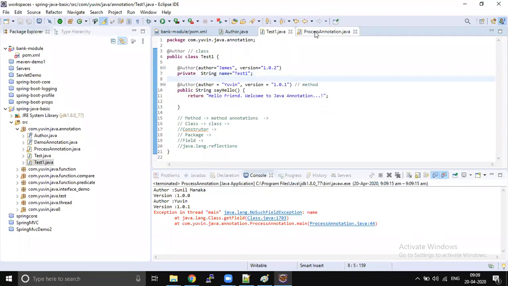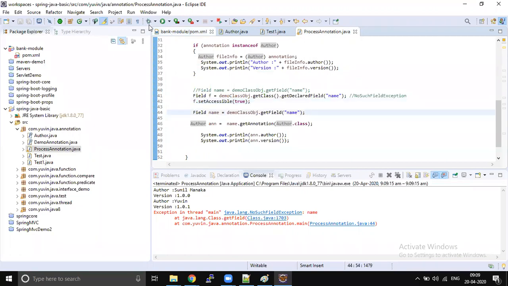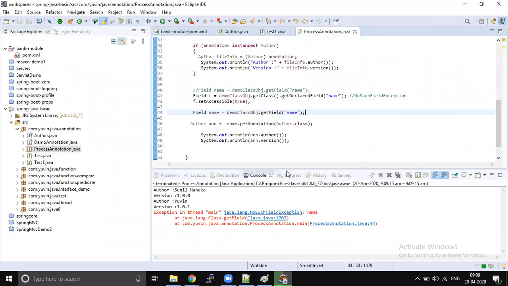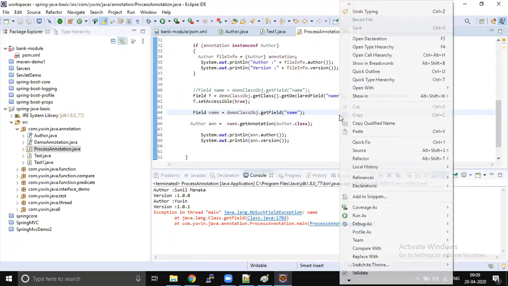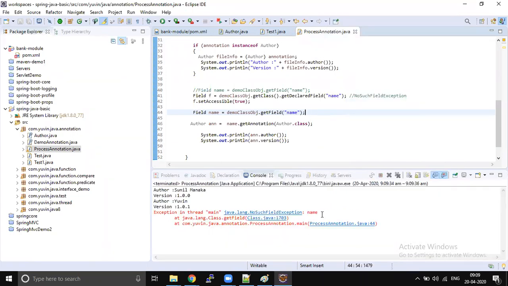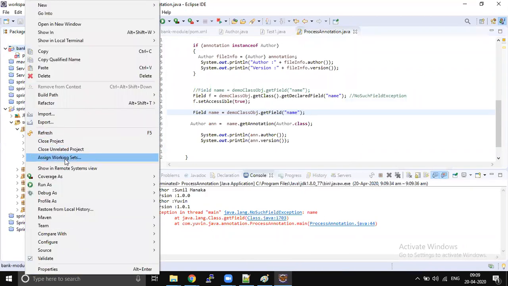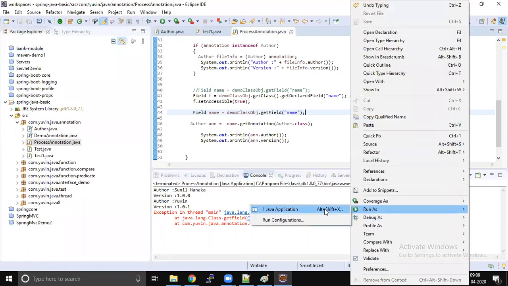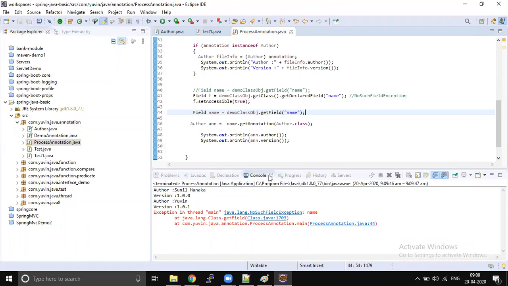Private name, okay, clean. What happened? Field name, Name, get annotation. At what line number are you using it? Line number 44.